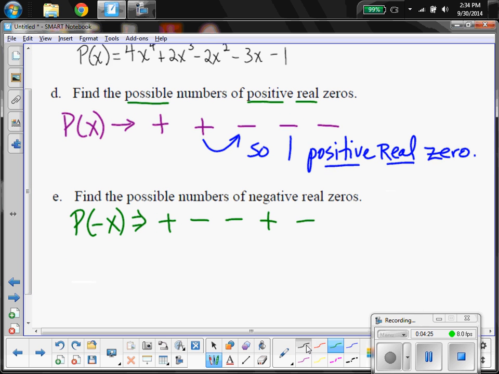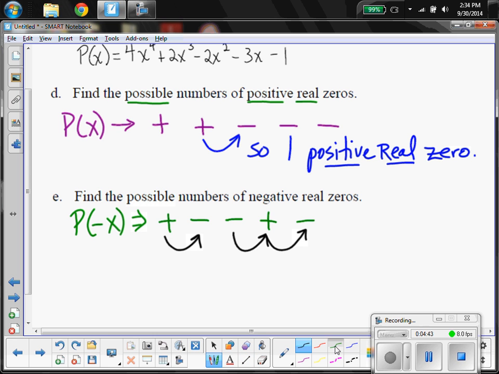Reading from left to right, there's a change, and then it doesn't change from negative to negative. There's another change, and then there's still another change. So